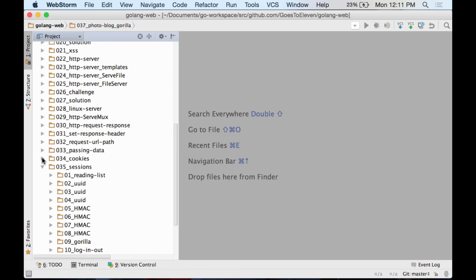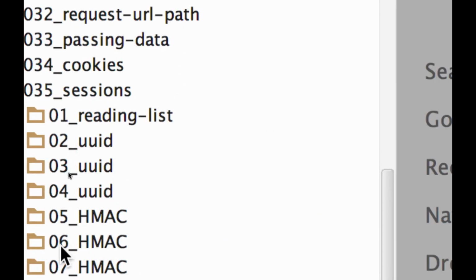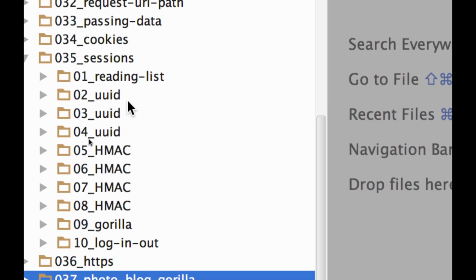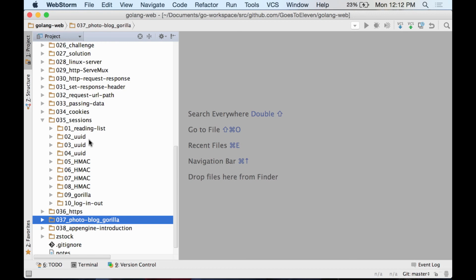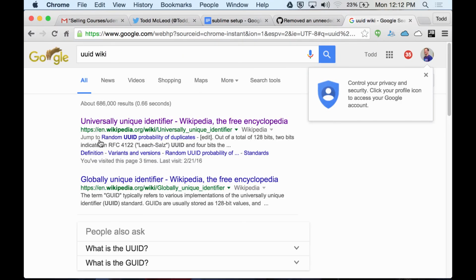So we need to store a unique ID in a cookie. And that will allow us to start to create a session. We have two choices for storing a unique ID. We have UUID. Well, actually, there's a couple of choices, right? So one way is we could just say, hey, I'm going to store a universally unique ID. And when you look at universally unique ID, UUID wiki, the odds,